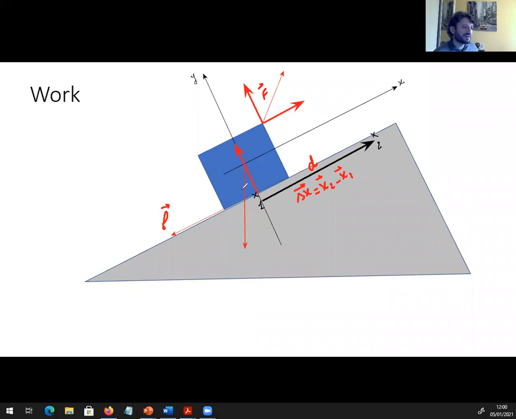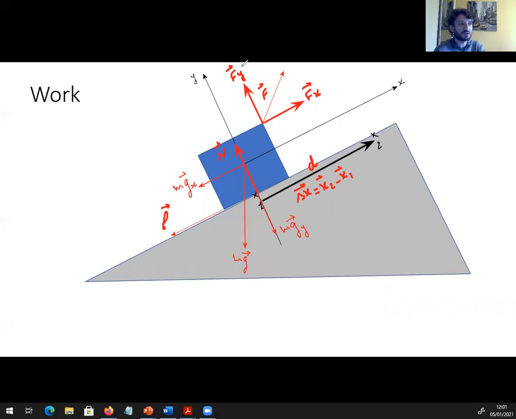We have F and N, and here we have N, Fx, Fy. Mg also has two components: Mgy and Mgx. Here we have Mg. We have N, we have F, Mgx, Mgy. Okay, that's all. Now I want to calculate the total